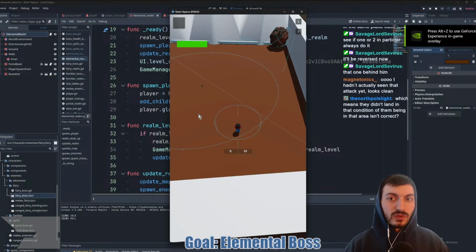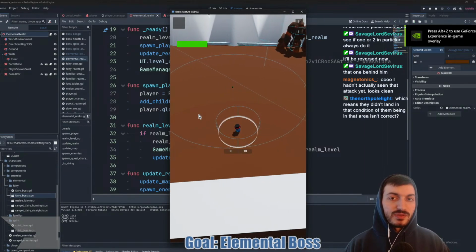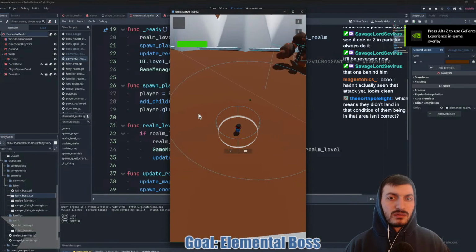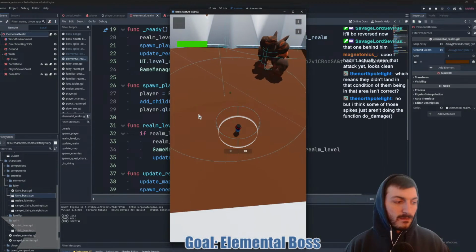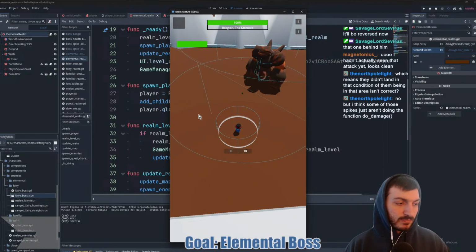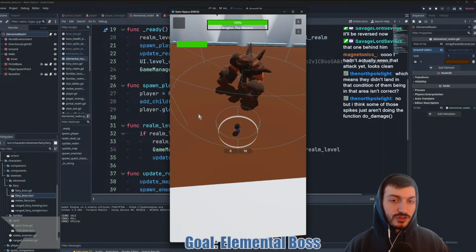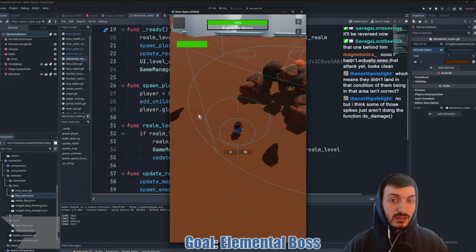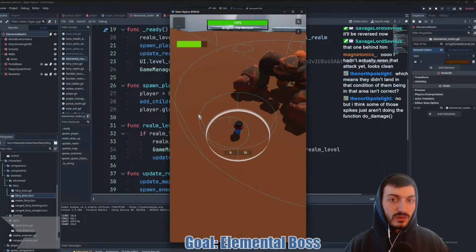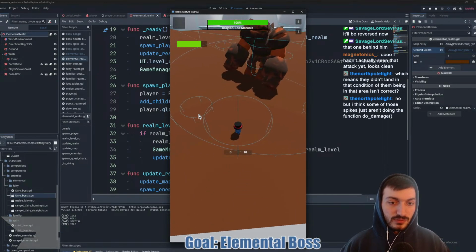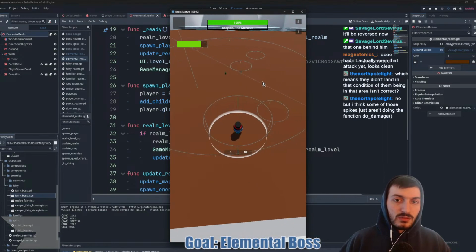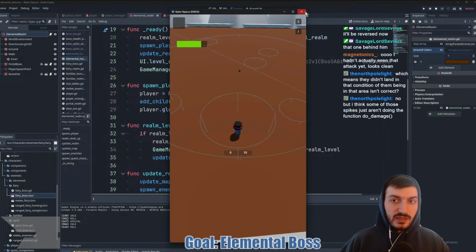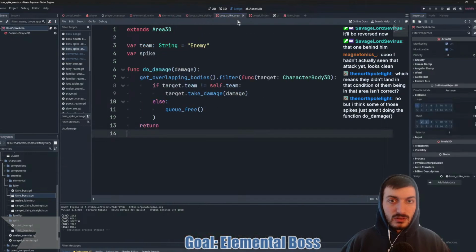That one's just rolling weird. Sometimes it rolls a little odd. But I think some of them just aren't doing it. That could be the case. But it seems like, well, yeah, because that's the thing. Only one would not. Oh, see, now none of them queue freed. 1, 2, 3, 4, 5. Yeah, none of them queue freed this time.